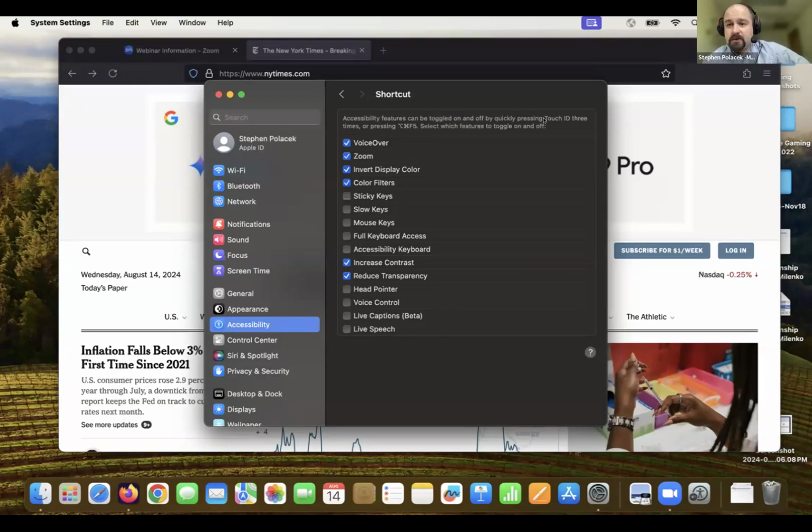Different systems might use a different key for this, depending on what your keyboard layout is or what keys you have available. I think older Macs might have used the home key, what have you. But this option allows us to quickly press that button 3 times, or press Option Command F5 in order to open that shortcut menu, where we can choose what options we want to enable and just be able to